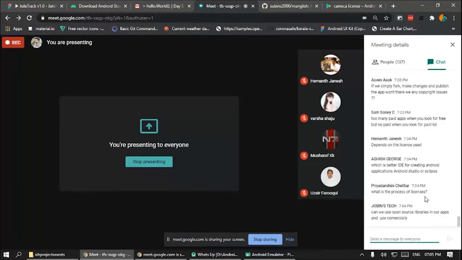What is the process of licensing? I don't know much about licensing and production stuff, but licensing means there are some rules, right? Yeah, we all use cracked applications. If we have Adobe software on our computer, that is a cracked application because we are not paying for it.